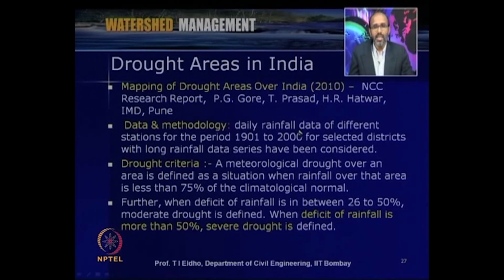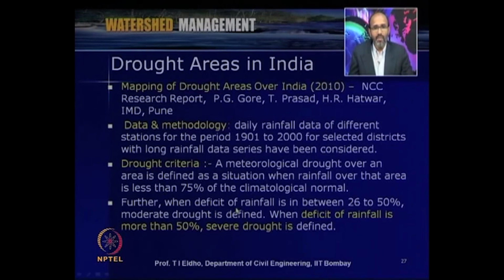They analyzed rainfall and various other parameters like evaporation for 100 years, from 1901 to 2000, for selected districts with long rainfall data series, under the Indian Meteorology Department. The drought criterion was put as follows: a meteorological drought over an area is defined as a situation when rainfall over that area is less than 75% of the climatological normal, very similar to the Ministry of Water Resources